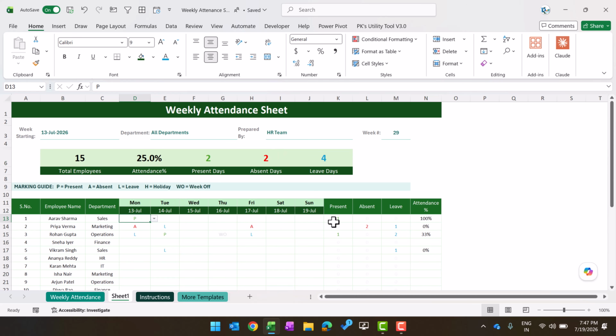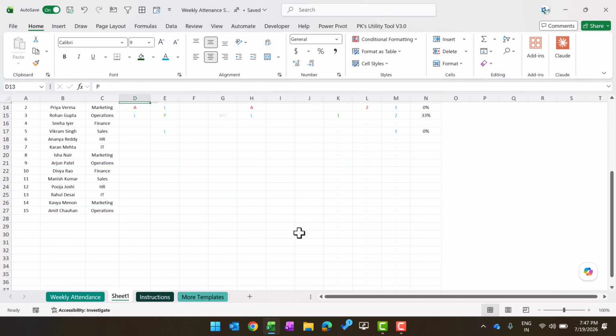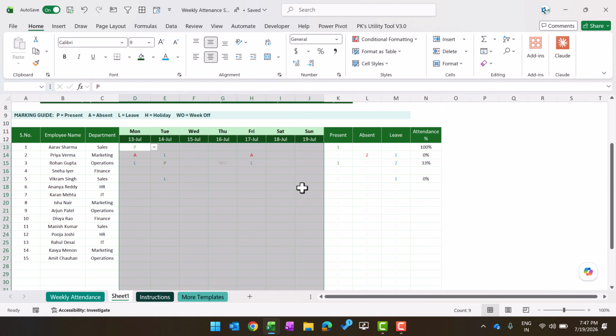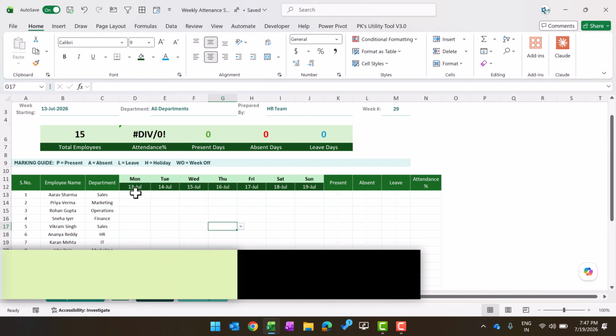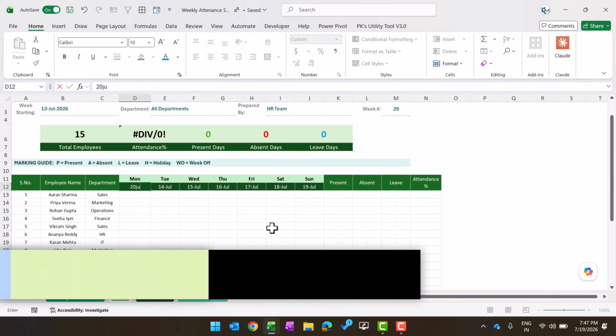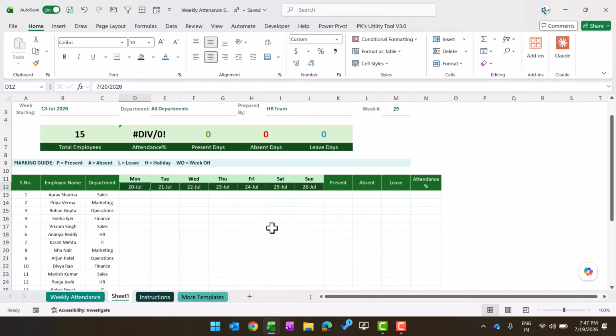So whenever you want to use for the new week, you can just delete the existing one. This is the old attendance. Just delete this and put here new week, and that new week, let's say, start from 20th. Okay, 20th July. So type here 20th July and just enter. So that will come here. As well as you can make directly from here, just select this equal to and select this one, right, and just hit the enter. So that will come from there,